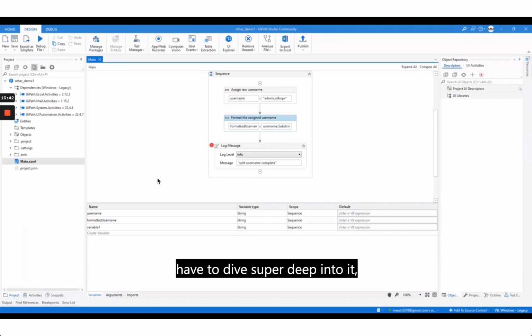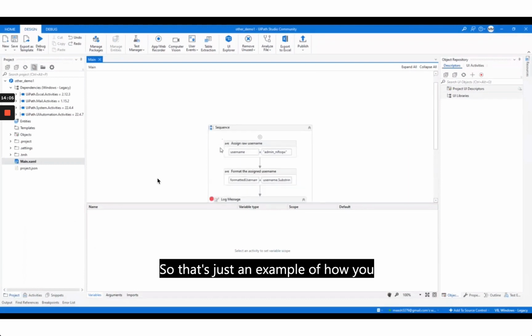You don't have to dive super deep into it, but it does help to at least know what some of those basic methods are and how they work in this particular context. But any expression that you would write in VB.NET, you can use in UiPath Studio. So that's just an example of how you might do some